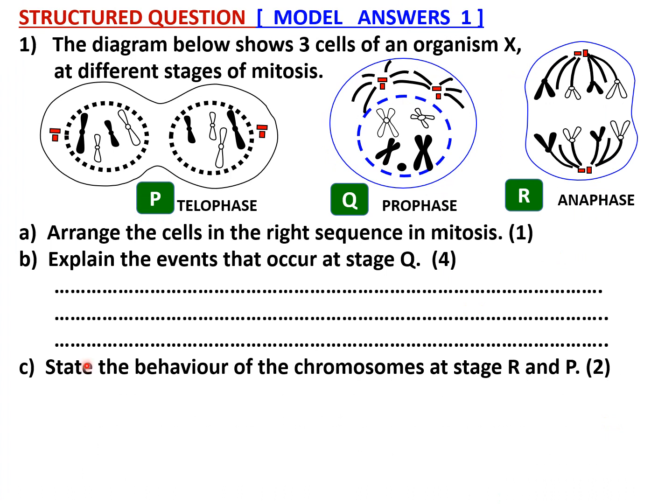Now let us discuss the answers for the structured question. Number 1, the diagram below shows 3 cells of an organism X at different stages of mitosis. So you're asked to arrange the cells in the right sequence in mitosis. So first of all, identify the phases of the cell. P is telophase, as we can see that 2 new nuclei are formed,